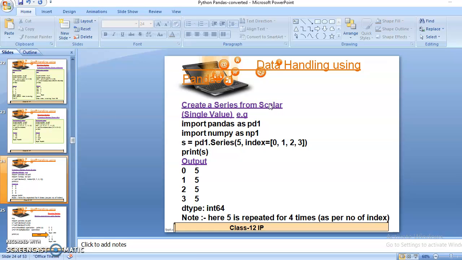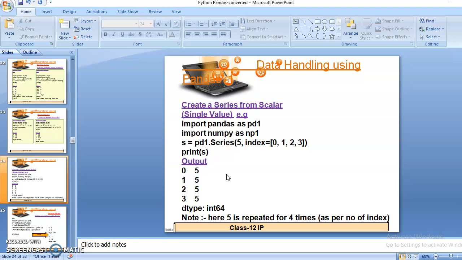So to specify how many elements you want to insert in the array, we have to mention the index numbers. At the same time, the same value 5 will be repeated in all elements of the array. Index is very necessary when we create the series with the use of a scalar.